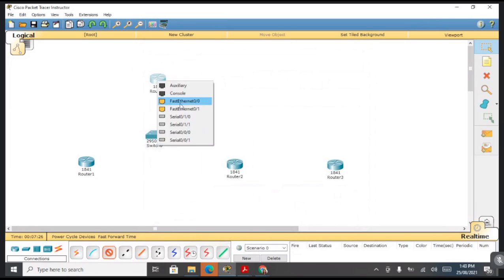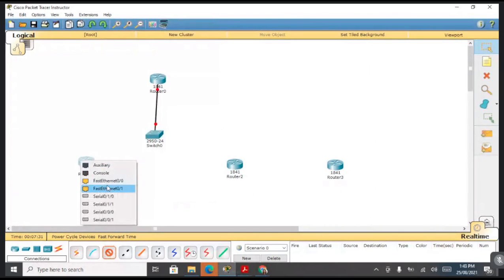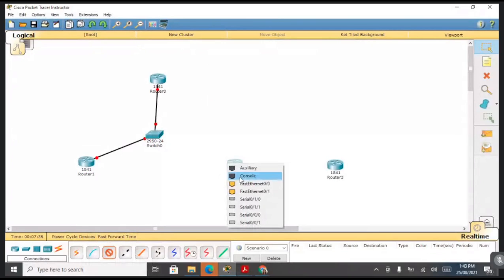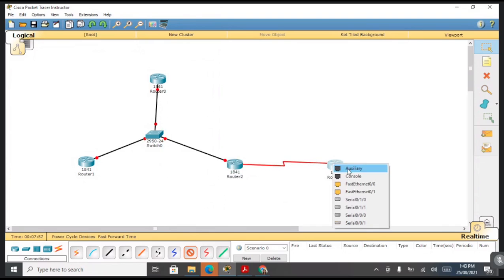Now after this, next we have to make the connection. So here FastEthernet 0/0, 0/1, FastEthernet 0/0, 0/2, then FastEthernet 0/0, 0/3, and this connection is nothing but this serial, the one with the timer. Now you will get the interface name; don't use FastEthernet, use serial 0/1/0. We have to select this 0/1/0 and connect with router 3, which is the same 0/1/0. Okay, make this connection.